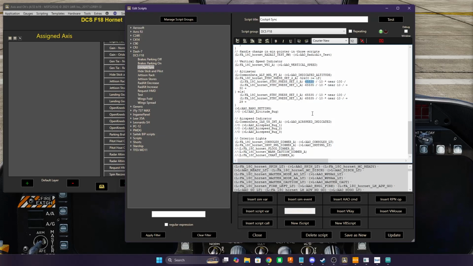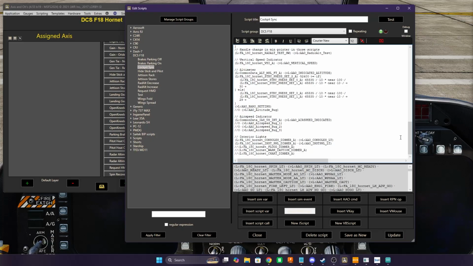And then in DCS, the DCS BIOS reports the position of a lot of things using a 0 to 65535 scale, which has you do some math if you're going to be manipulating these into other things. I won't get into that in this video, but basically in the barometer pressure, you have to do some manipulation of these numbers to turn it into something sensible